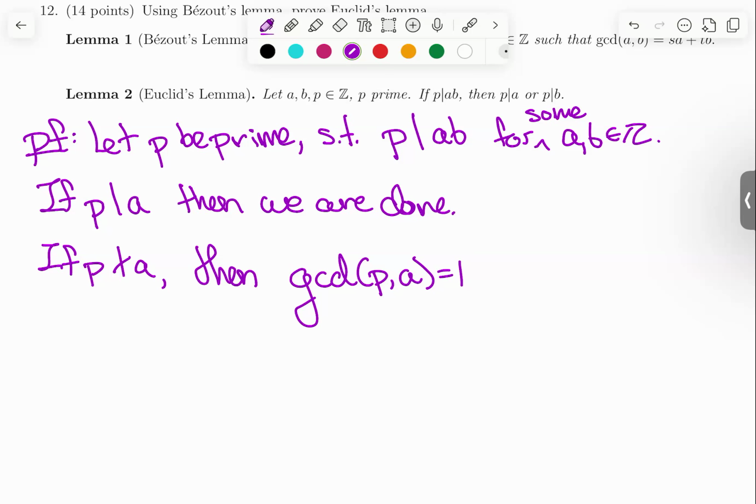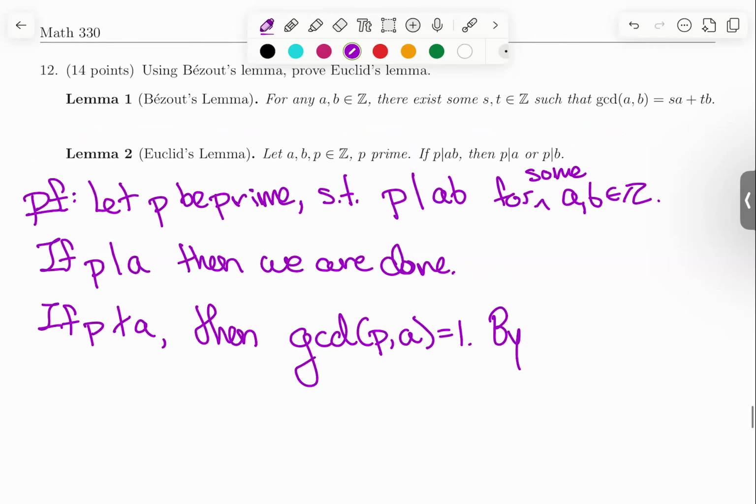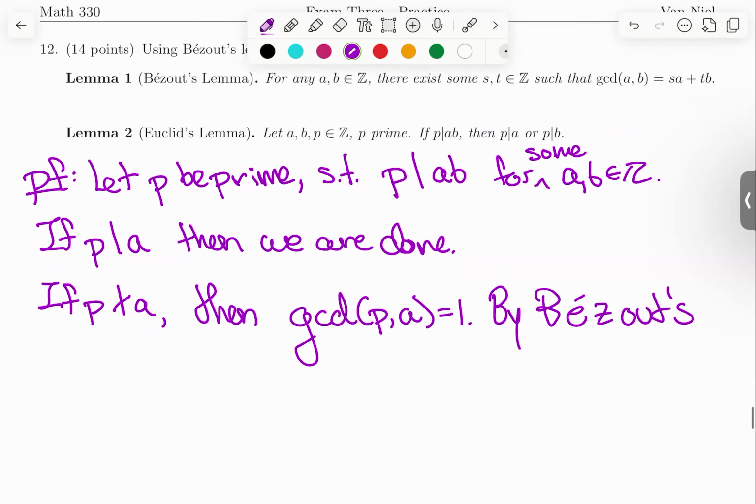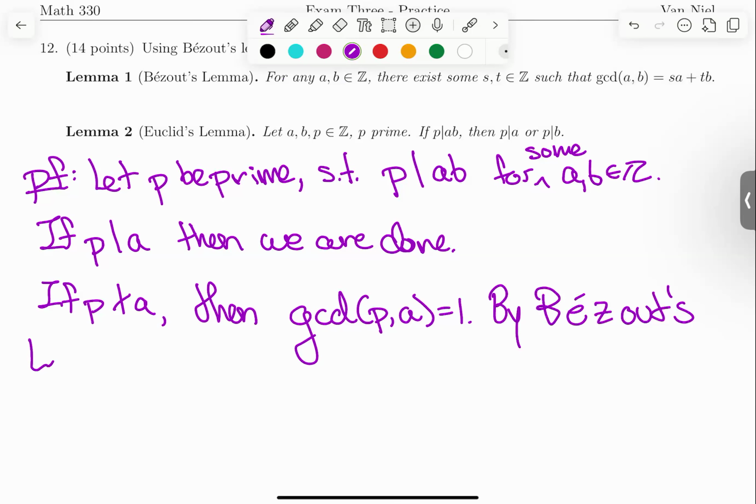And so if P doesn't divide A, then P is not the GCD of P and A. Okay, it has to be 1, because their only common divisor is 1. And so that's their greatest common divisor, their only positive common divisor. Okay. So now we get to use Bezout's lemma. Sorry, I'm sure I'm not saying that name correctly. I deeply apologize. By Bezout's lemma,